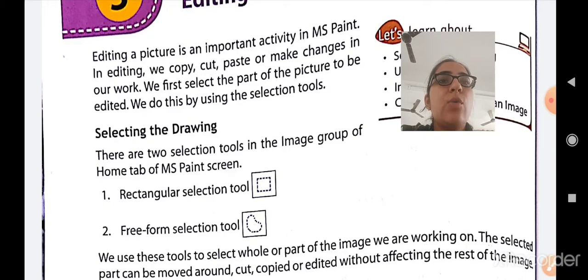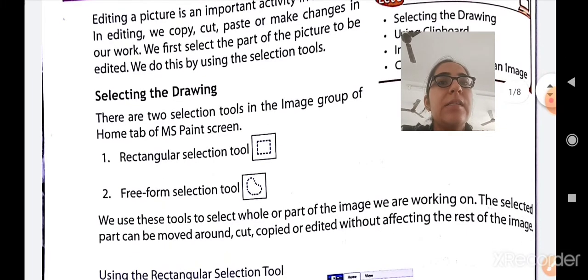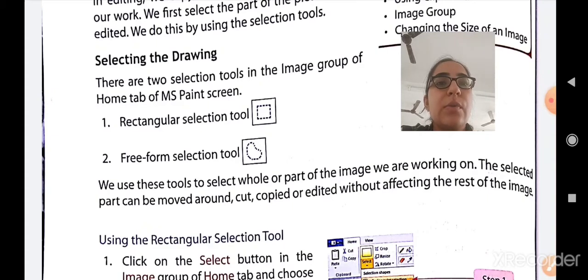So first, there are two selection tools in the image group of the Home tab of the MS Paint screen. First tool is the rectangular selection tool, and you can see the image is also given in a rectangle shape. Second is the freeform selection tool, and you can also see the freeform selection tool image. You can use these tools to select the whole or a part of the image we are working on. The selected part can be moved around, it can be cut, copied or edited without affecting the rest of the